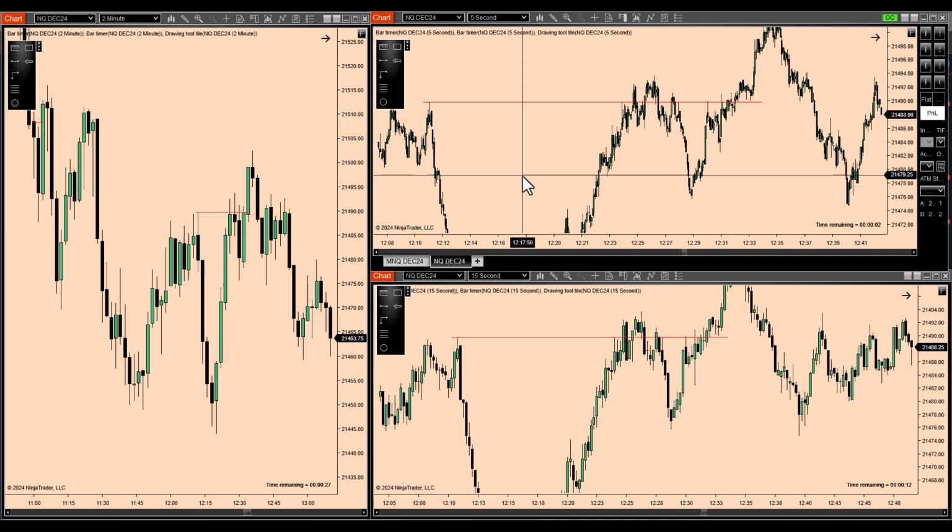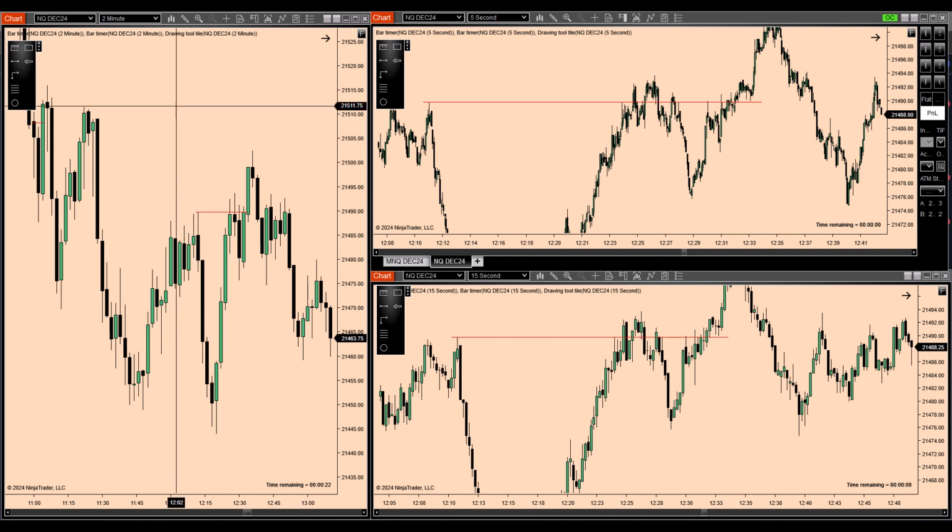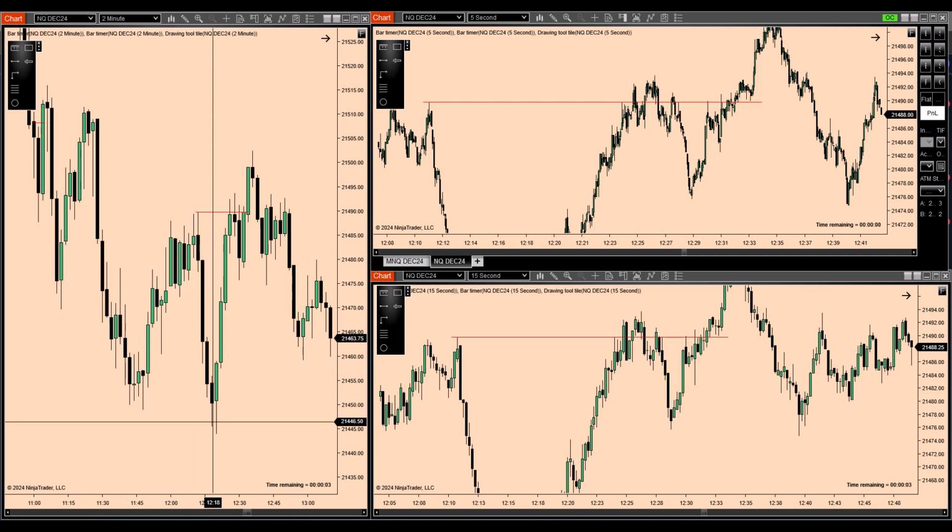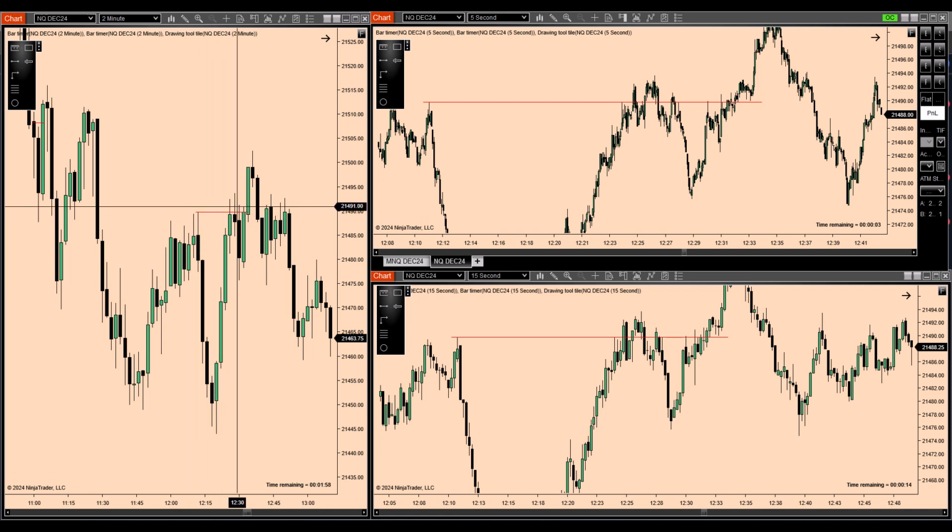So starting from an example that happened pretty recently. From the left, we have the higher time frame. In this case, I use the 2-minute time frame. Sometimes I use the 1 to 2, depends on the structure that we have, right? So what happens on the higher time frame? We have this zone right here, this whole zone or order block. We put in this high, start turning to the downside, and then coming back to this high to take it. All right, so we swept this high right here, and this is the 15-second time frame,